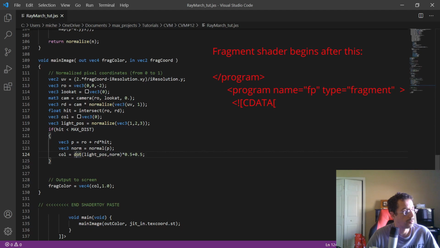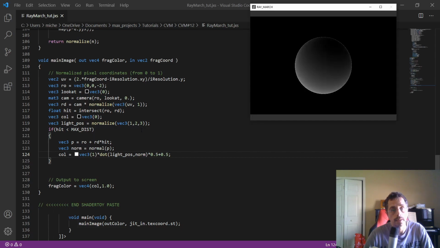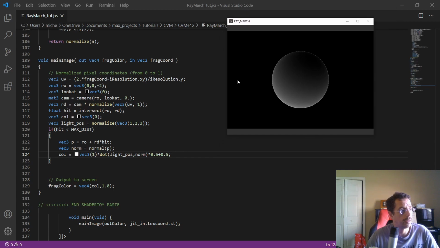So what I can do is vec3 1, so multiply white, it can be any color, to this dot product and see if that works. And yes, I have my sphere with my light